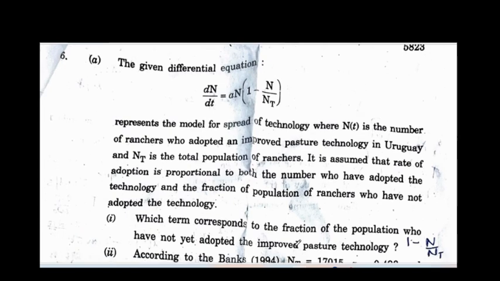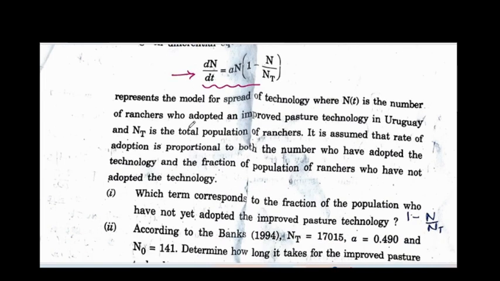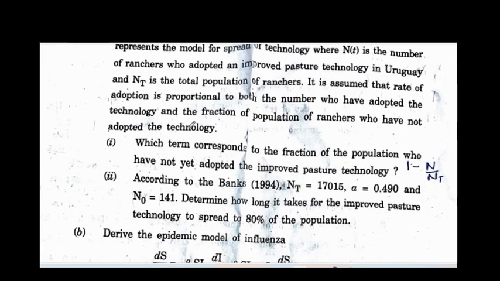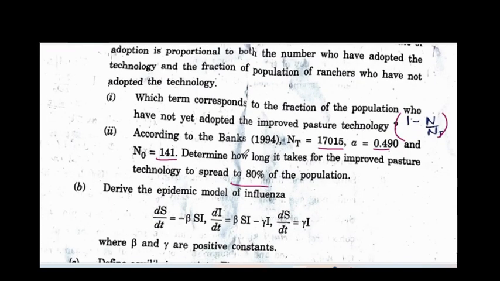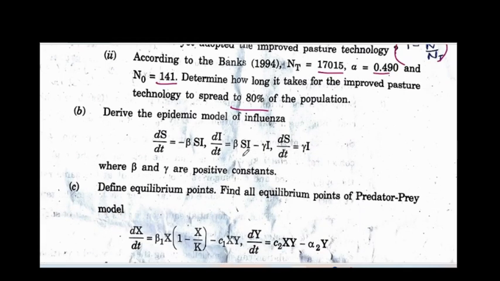The last question of the paper, the first part of the last question, is the spread of technology model given in the text, not in the text, it's in the exercise of Barnes and Fulford again. So this question, which is regarding spread of a technology, is a standard question from the exercise, given as it is: which term corresponds to the fraction of population who have not yet adopted the technology? It's very easy. The same numbers were given, so there's no problem at all. It's the very same question which is there in the exercise of Barnes and Fulford, so you can refer to that exercise and your solution there to tally your answer.